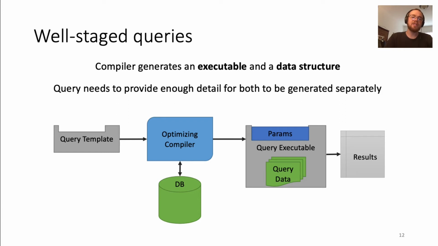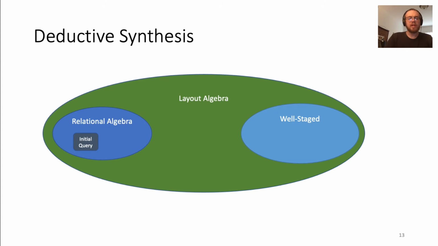We say that queries that have enough information about their data structures to run through the compiler are well staged. This property is important because the goal of our optimization is to take a query written by the user in the relational algebra fragment of our language, which specifies nothing about the data structures used in the query, and to transform it using our collection of deduction rules into a query that is well staged and